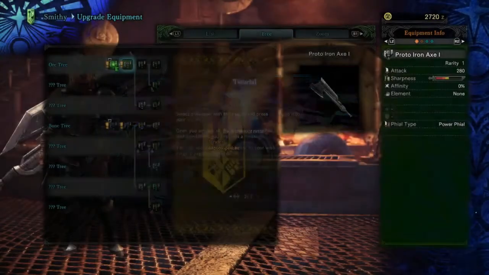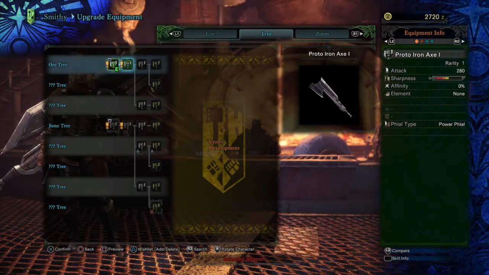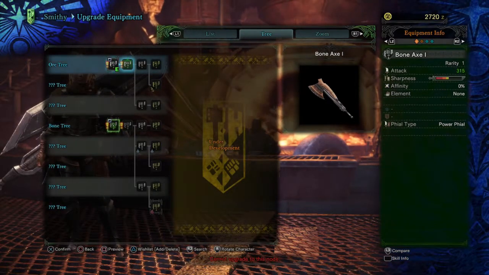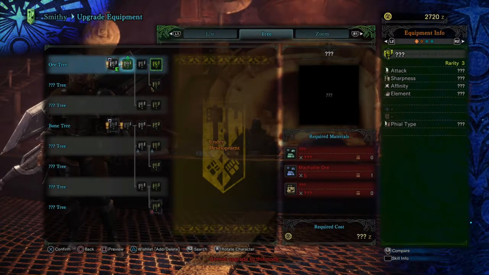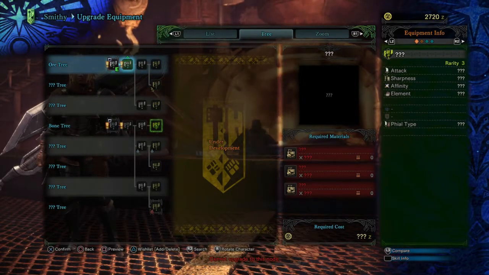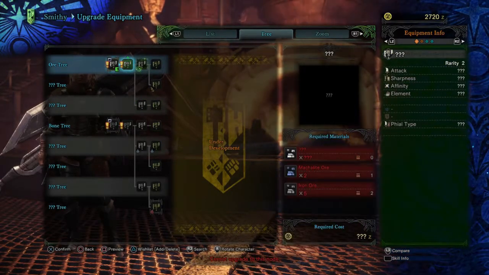Wonder if I have to do this. But yeah, so you get multiple trees. I can forge a bone axe or an ore axe right now, and then I can progress down these trees and get various things using the materials, the red slots down there. I'll figure out what those are later. But for right now, I'm just going to upgrade my axe a little bit,